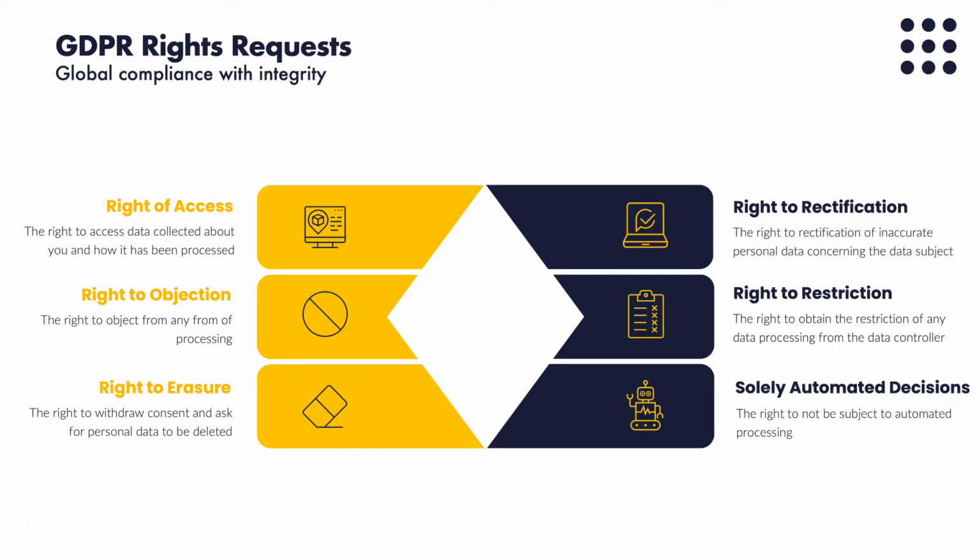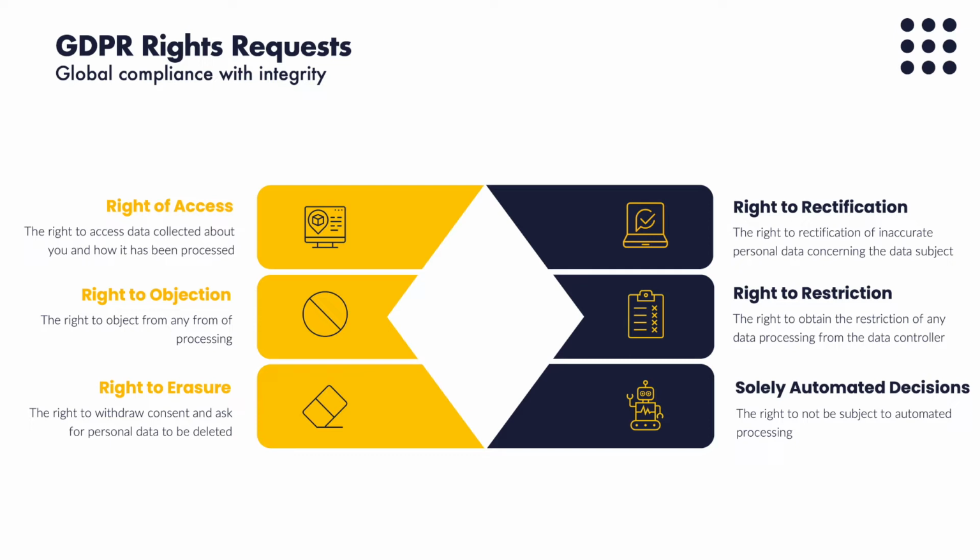The right to objection gives the data subject the ability to ask an organisation to stop processing their personal data. Much like the right to erasure, this can only be exercised in certain situations. These are when the lawful basis for processing relies on legitimate interest, or when the personal information of a data subject is being used directly for marketing purposes.